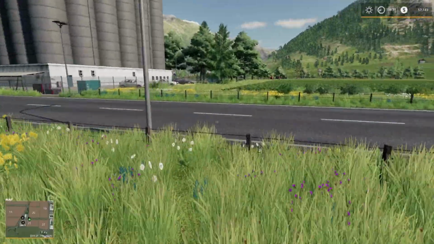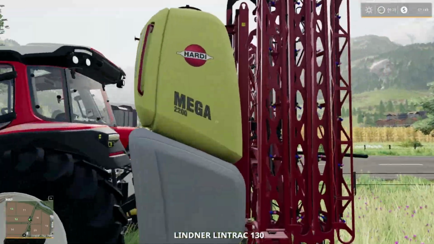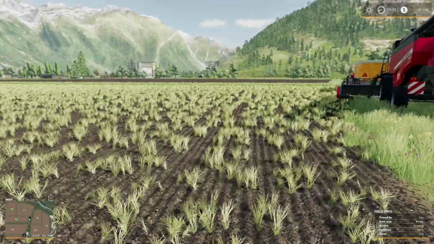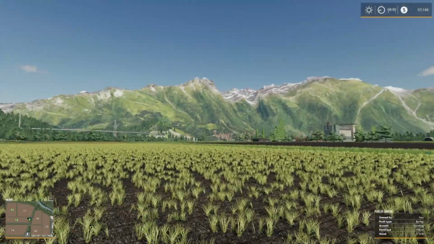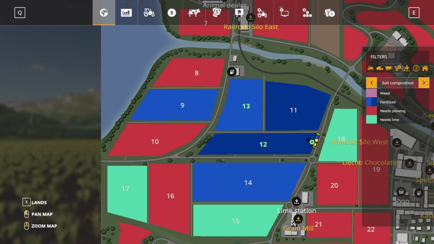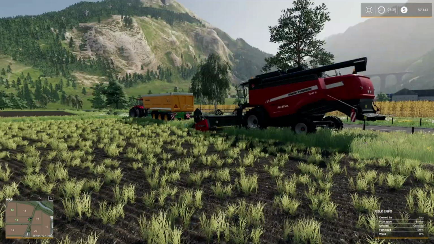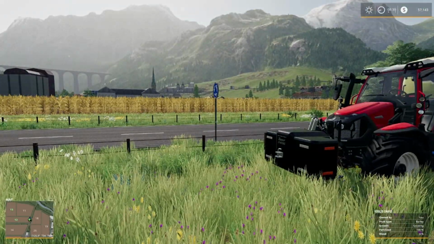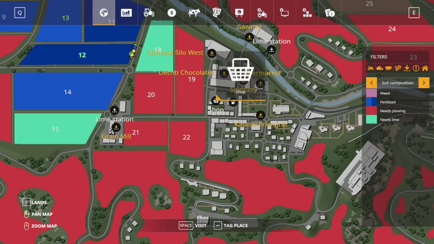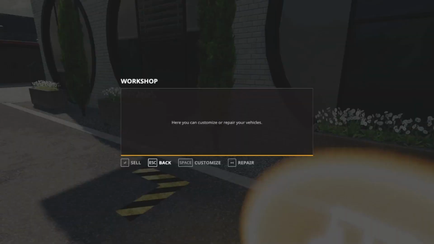It was only half fertilized, which, by the way, is why I bought that sprayer. I did pick up the Hardy Mega 2200, and I didn't fill it, but I put 2,000 in it, because field, again, I clicked M for map, 13 needs to be fertilized one more time before growth. So what I think we should do is head on over to the shop. Head on over here and...